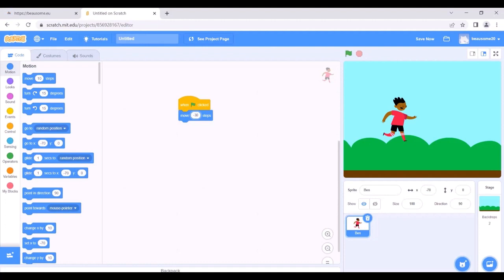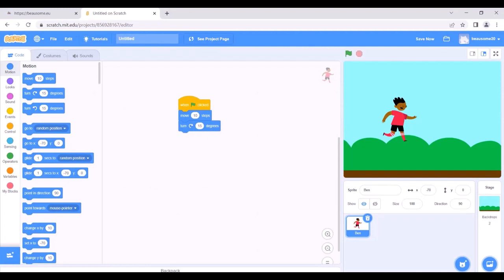Okay? So now I will put it move 10 steps. Then I can use the turn 15 degrees block after move 10 steps.